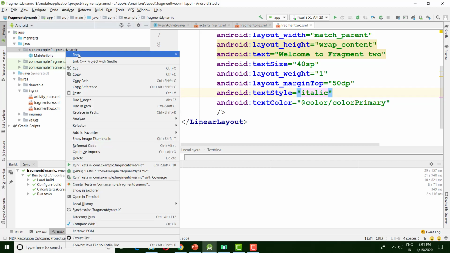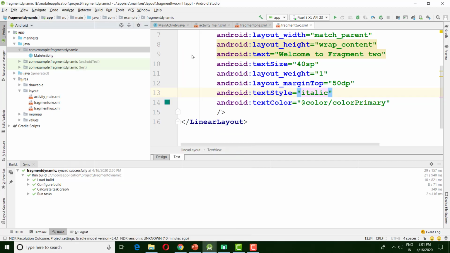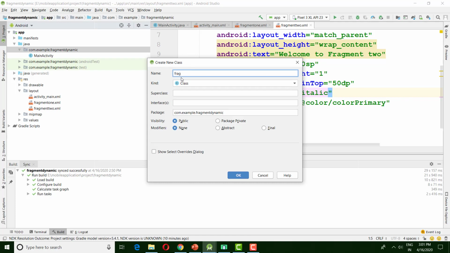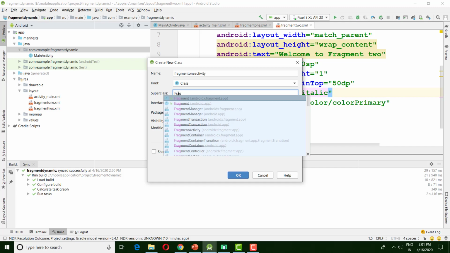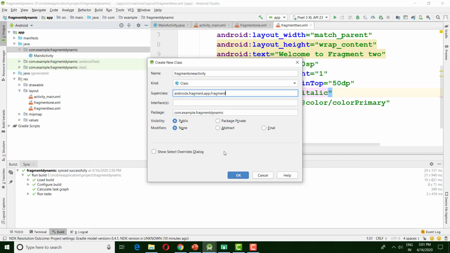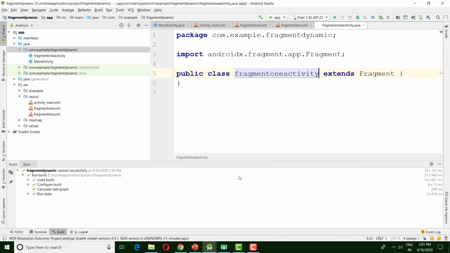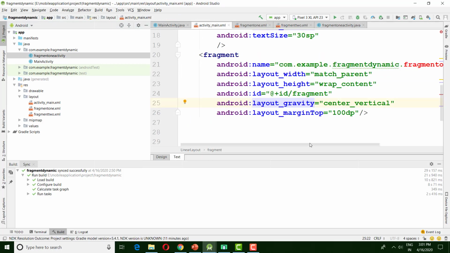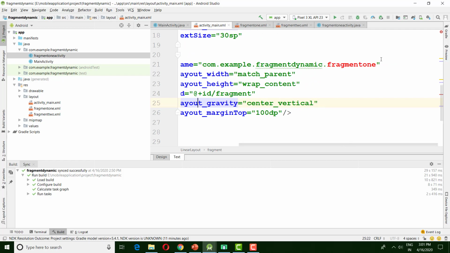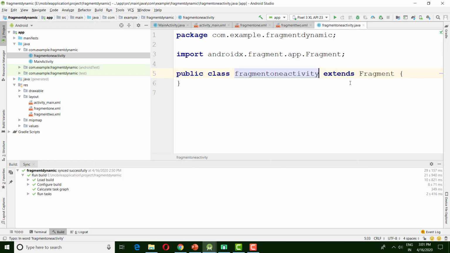Now we need to create a Java file for each fragment. So fragment 1, a superclass is Fragment. We already used it in the previous lecture. Here we need to change this fragment 1 activity file.